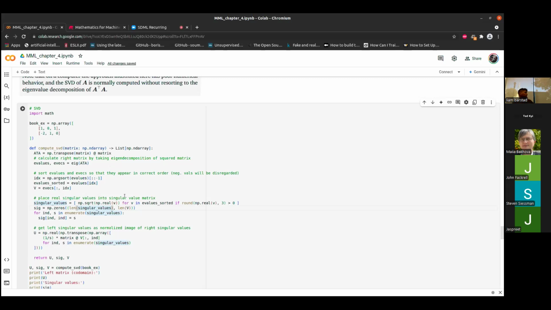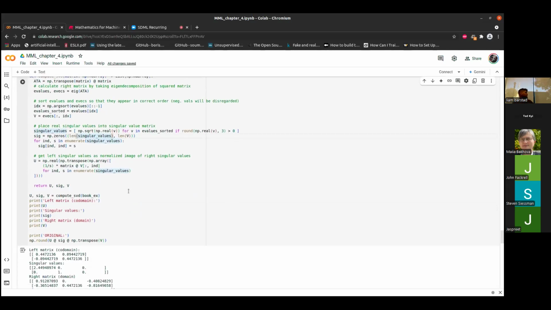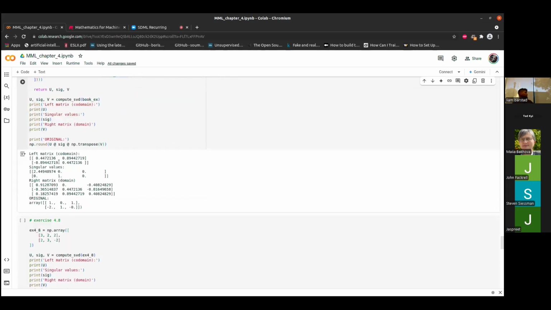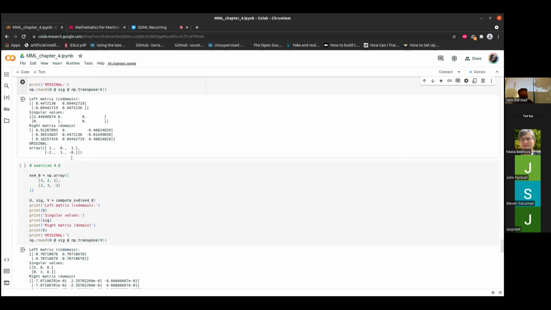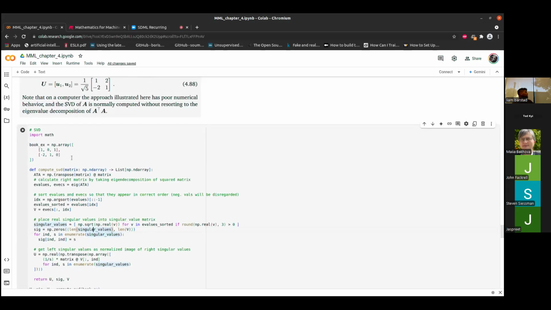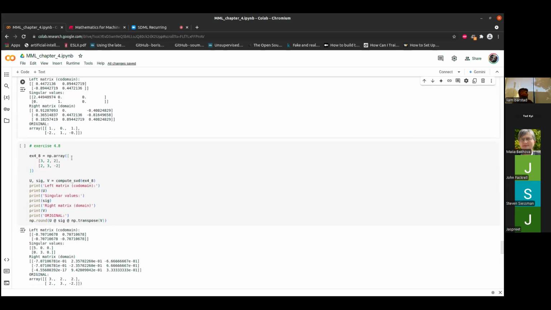So fortunately, I just did exactly what he said in the book. Didn't have to get any more fancy with that. I basically just computed these things, and I made sure it was the same as the original. So this is the book example, and then for exercise 4.8,